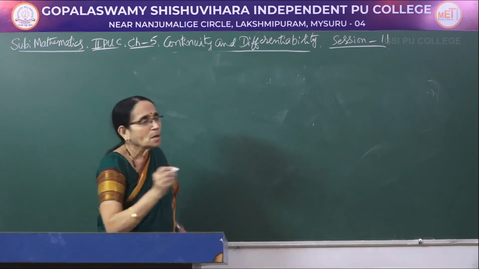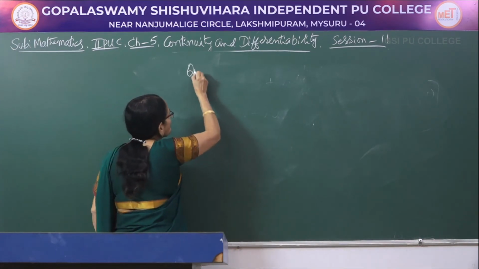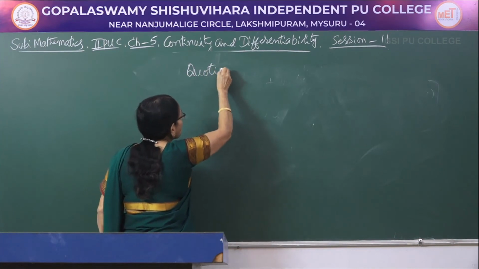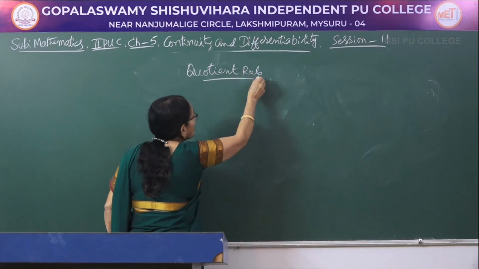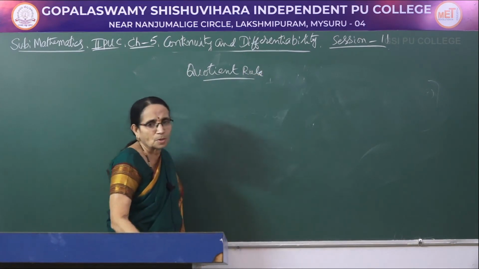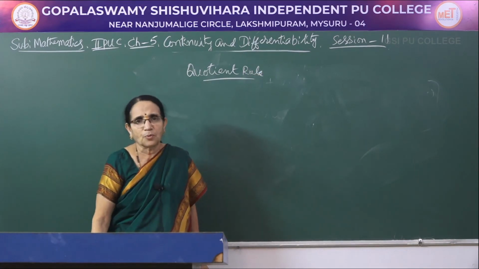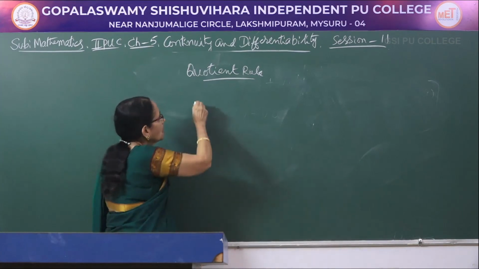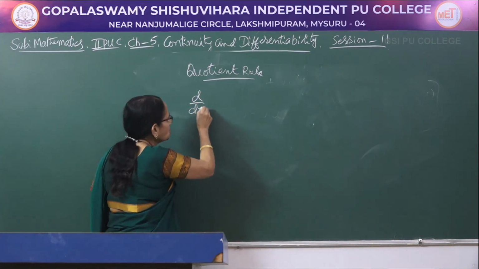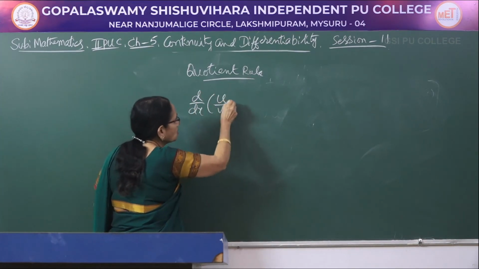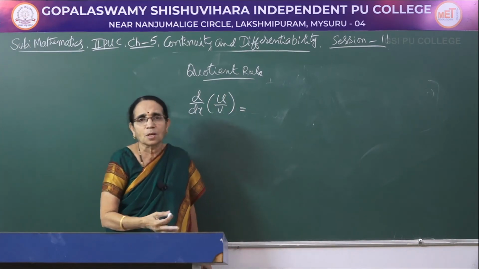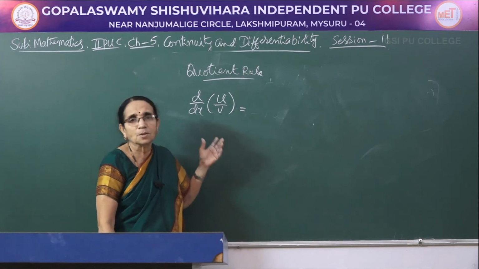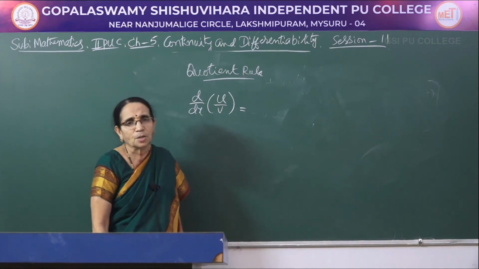The next is, when you discuss about product, what comes next? A quotient. That is known as the quotient rule. Sometimes it is also called the quotient formula. Product rule, product formula, quotient rule, quotient formula. Now, here I am considering the quotient of two functions. It is u by v. Of course, v is not 0, that is always considered, otherwise we cannot think about the function at all.